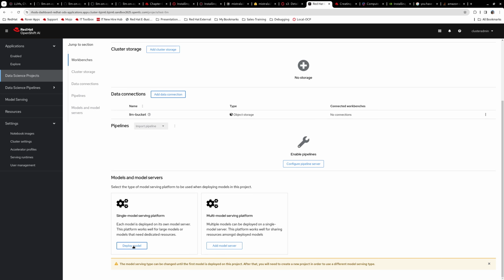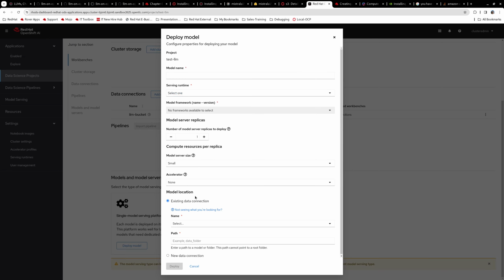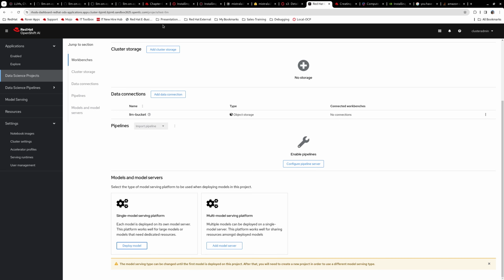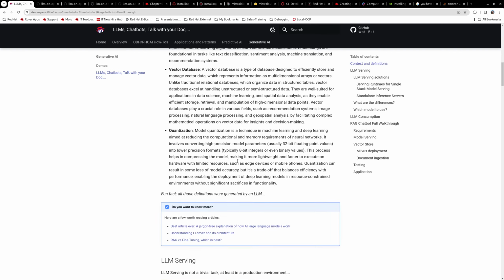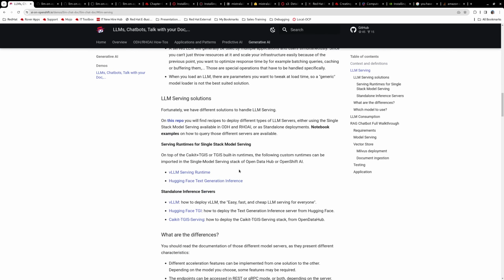Now this has been created, and next we need to actually upload the model files before we can deploy the model. But before we deploy the model, we will need to select the runtime. So we see that we have several available here. However, in our little demo, there are two different serving runtimes: the standalone inference server or this one. So in order to deploy this one, vLLM,